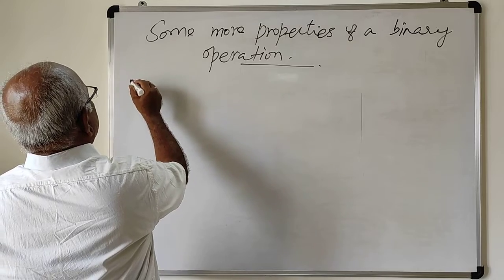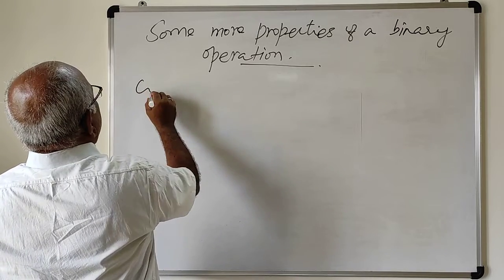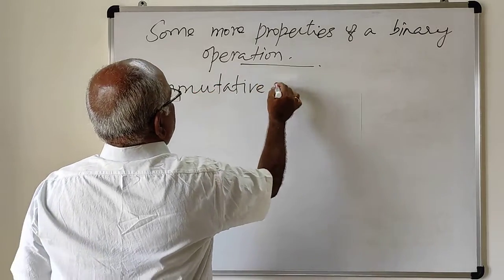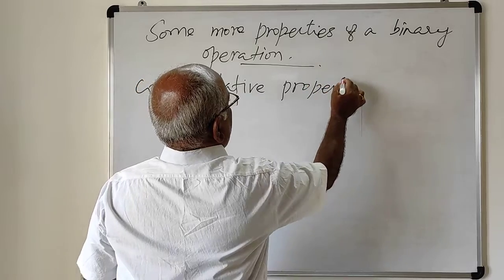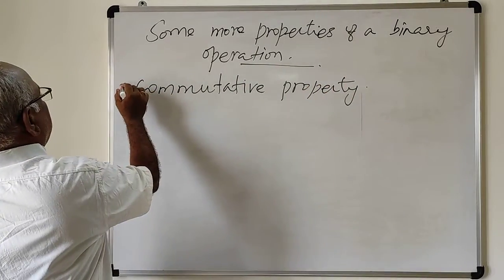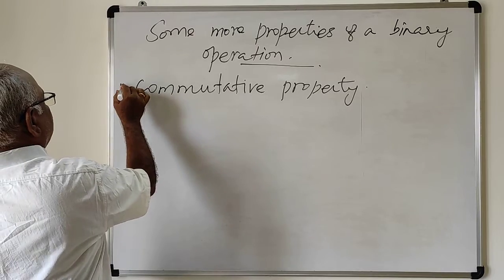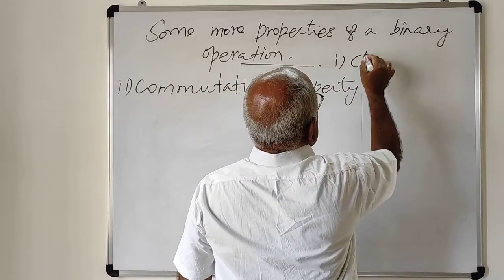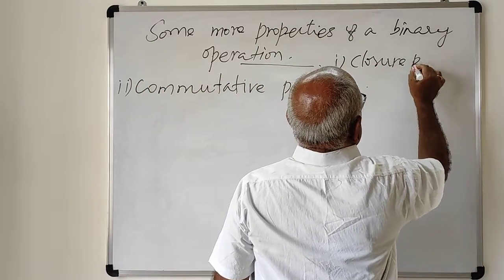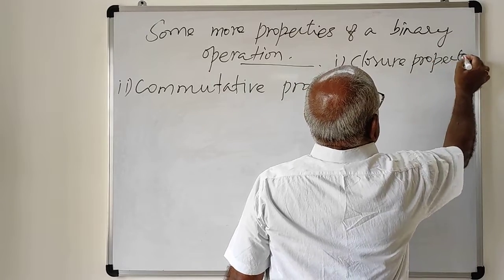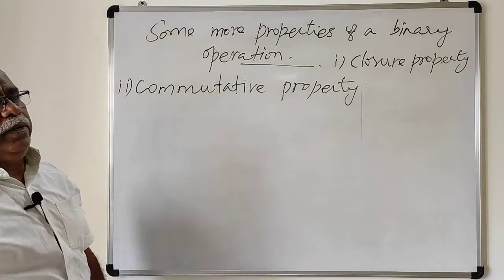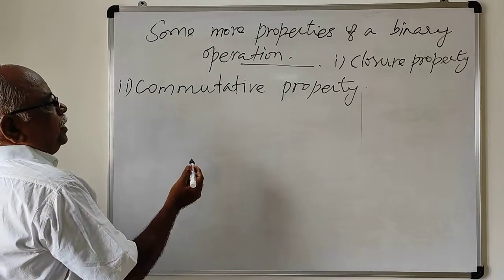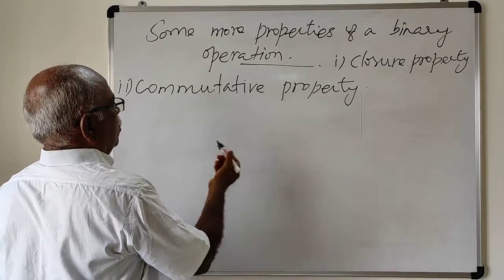The other property is the commutative property. This is actually the second property; the first property is the closure property. Commutative property means any binary operation star